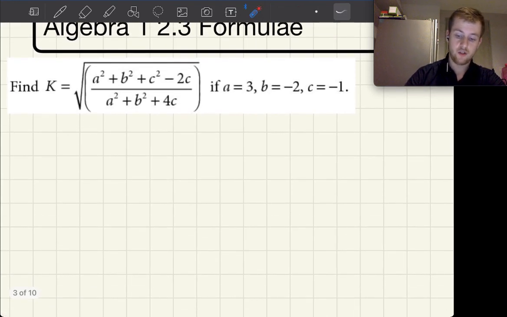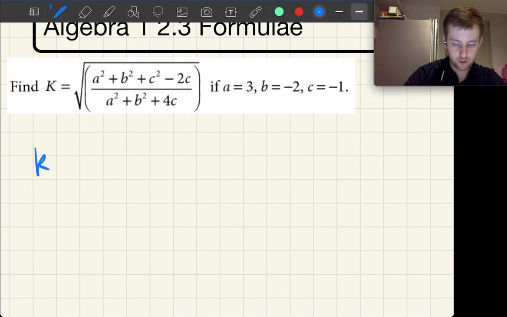So as we see, a equals 3, b equals -2, and c equals -1. Very important thing here is that there's a lot of squares, and then there's a square root on top of that. So pay attention to the signs, please. Make sure you don't forget about anything. Let's get started. So k equals the square root of,